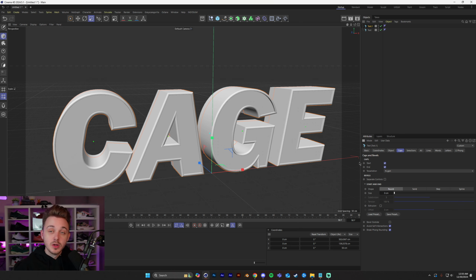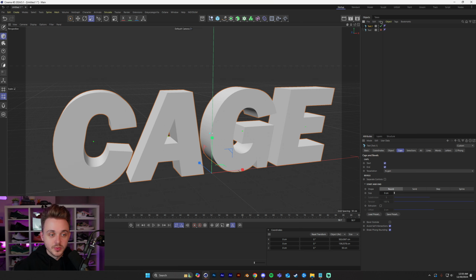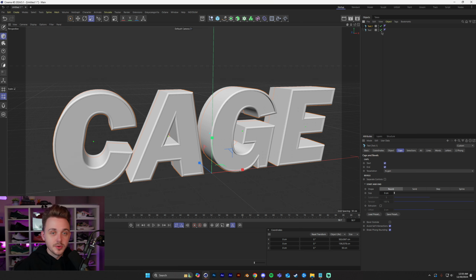If we change it to 0, I'll disable this first one. You can see we're back to square one. So selecting the rounded preset is pretty much a reset. It's a good thing to keep in mind when you customize and you're creating a new text, or you just want to start over. So from here, we're going to just keep it on rounded, and I'm going to change